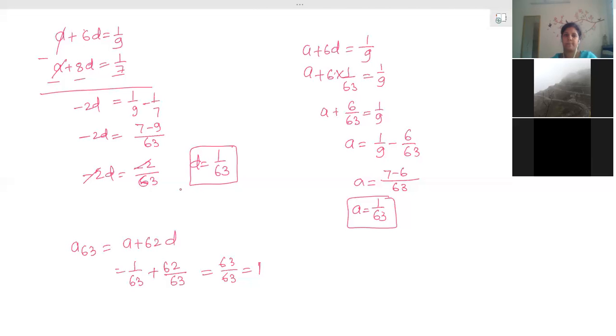Ma'am, for this finding, in the even number, you get two middle terms, right? The 9th and the 10th one. So, do you have to do A10 is equal to A plus 9D and A9 is equal to A plus 8D? You can do separately also and you can do together also. Can you just add the difference to find the next number? Yes, you can. If you found A9 and then add the difference, you get the 10th term. Okay, ma'am. That also can be done.